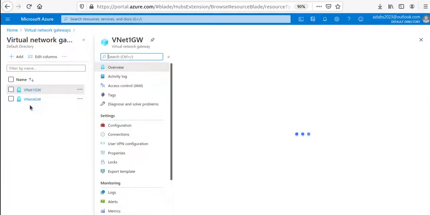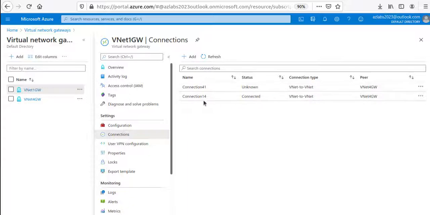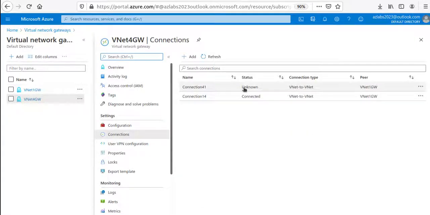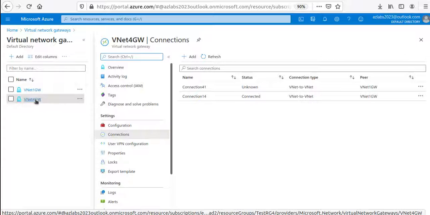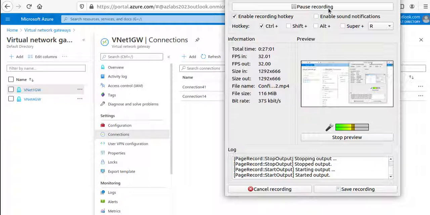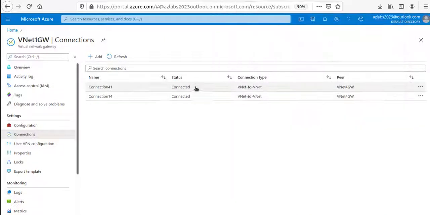I'm going to go to the first one, go to the connections and see the status. One of them now says connected, another one is unknown, so we created the 1.4 first, so give it another minute or so. Once this one also says connected, we are going to deploy a couple of machines. Okay, in this one the same thing, that one the same thing. Okay, let's pause. Alright everyone, we are back, and now if you see both of the connections, it says connected,